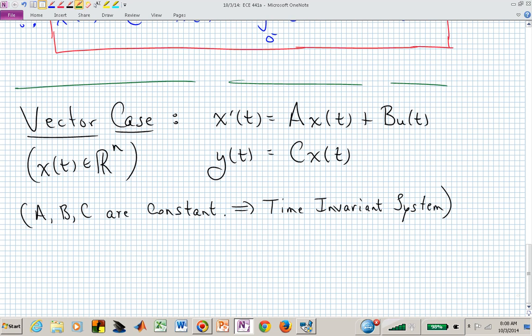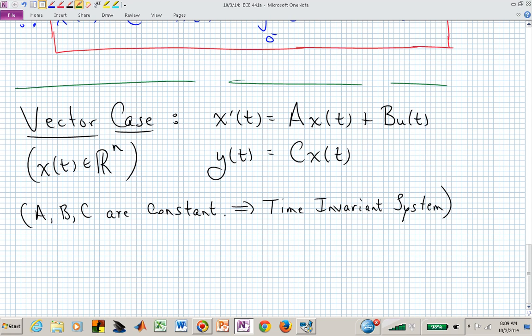Here's the vector case. This is where we want to pick up today based on what we have just sort of recapped from before. The vector case, now we've just transitioned into capital letters. Now the A matrix is square. It's little n by little n in dimensions. B, we'll typically be using single input, single output. So the capital B matrix is n rows tall, 1 column wide. It's n by 1. The output matrix C is a